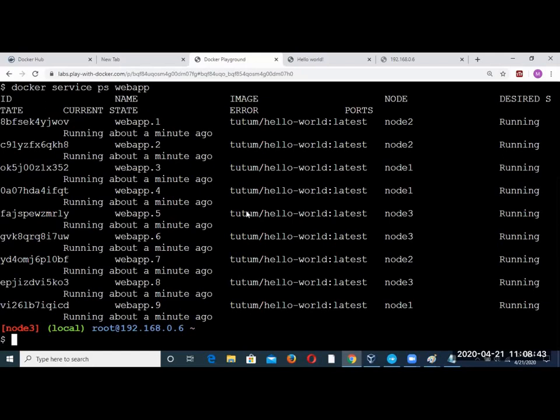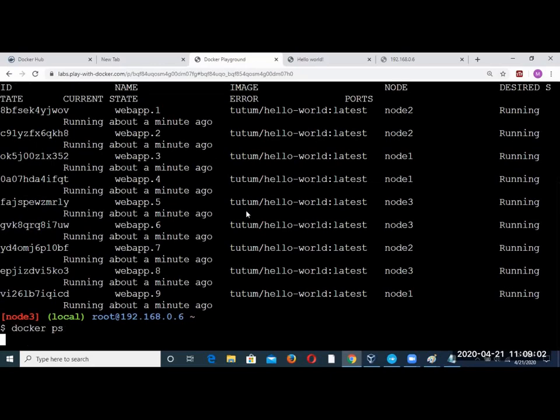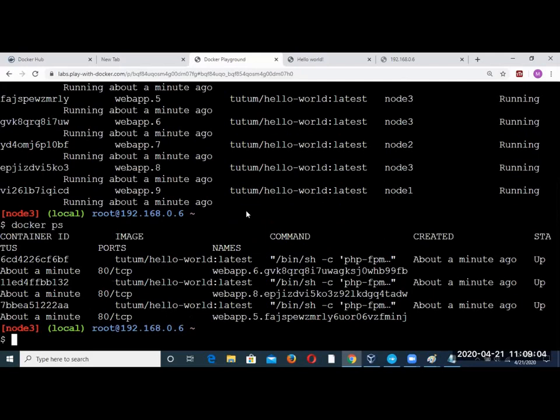Count it. On node 1 how many replicas? 1, 2, 3. On node 2, 3. On node 3 there are 3, right? If I had given 100 replicas, it would have divided them across all the nodes which are available. So these 3 are created on this machine.